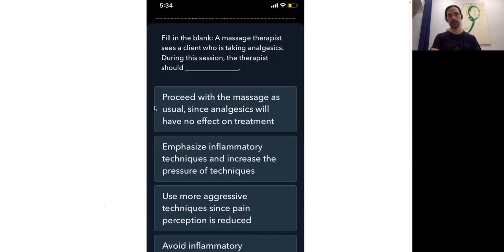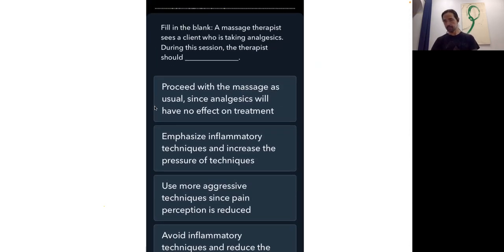Okay, next, fill in the blank. A massage therapist sees a client who is taking analgesics. Remember, ana meaning away from or not, and then algesia, which refers to pain, anti-pain. During this session, the therapist should proceed with the massage as usual, since analgesics will have no effect on treatment,